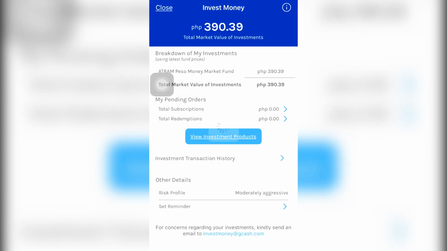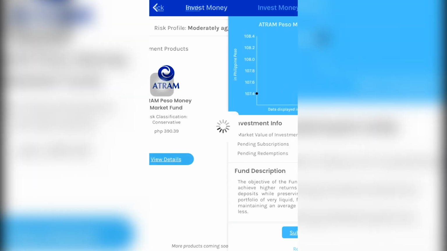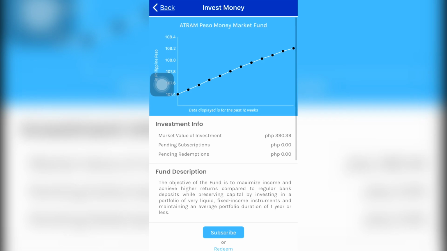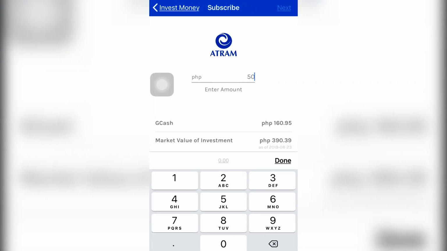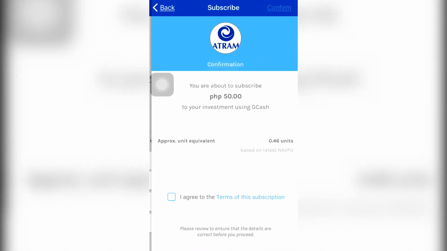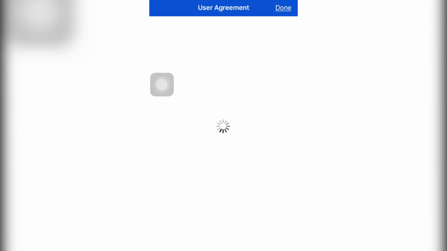All you have to do para ma-cash out is you click on the View Investment Products, View Details, tapos kung makikita nyo sa baba, merong Subscribe or Redeem. Let's click on Redeem, and then kukuha ako ng 50 pesos. Let's click Next. And then, agree lang po tayo. And then, merong magte-text po sa inyo and mag-i-email kung nakasubscribe kayo sa email nila.